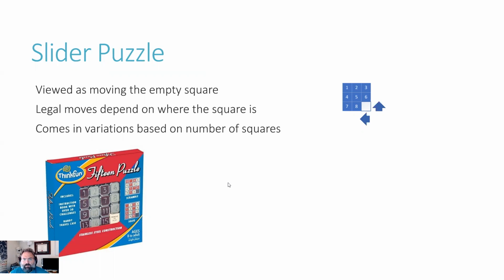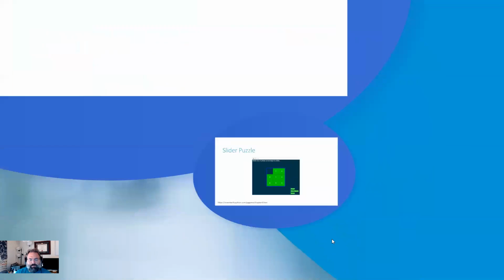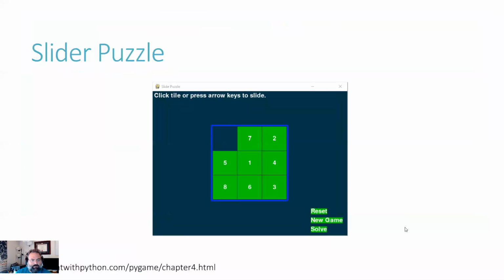It's a common sort of thing to be using inside of the AI world, because it allows you to represent things in a relatively simple search space, but there is a problem that goes with it. So an example of it is this sort of thing, which is basically a slide puzzle.